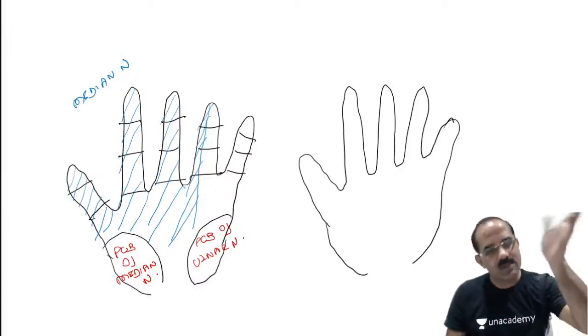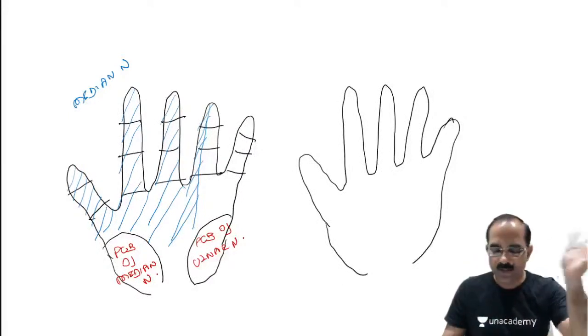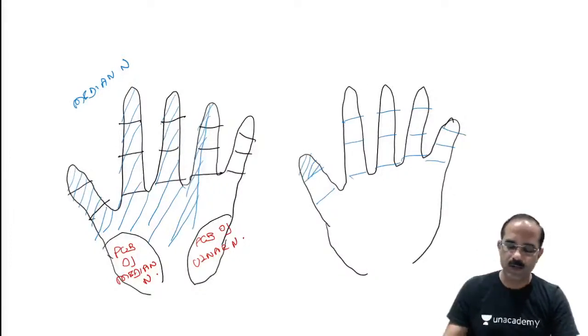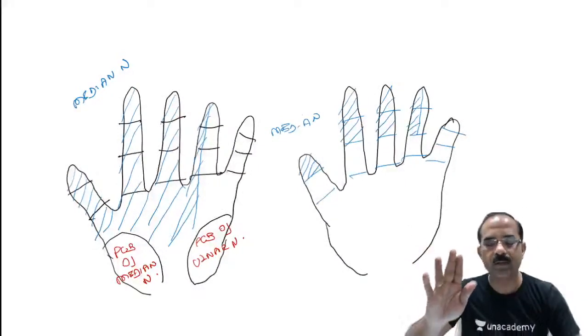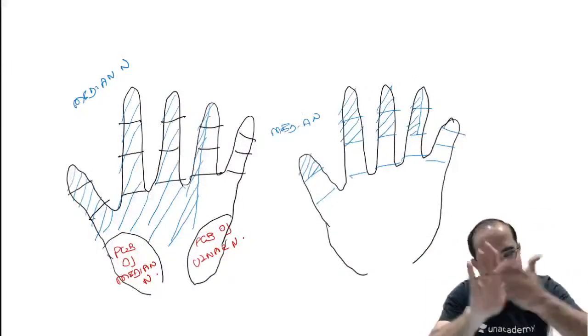Of the same median nerve, students, the same median nerve goes to the dorsal aspect. One moment, I'll just draw those phalanges. It again supplies the distal phalanx of the thumb, the distal and middle phalanx of the fingers, and the distal and middle halves. This is supplied by the median nerve on the dorsal aspect. So what does the median nerve supply? It supplies complete 3.5 fingers on the palmar aspect.